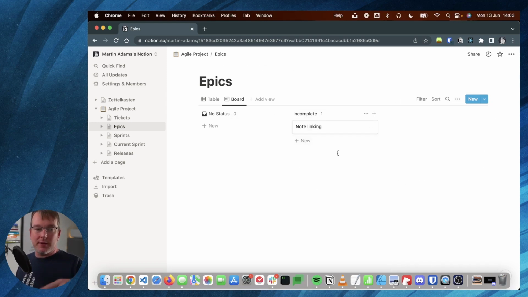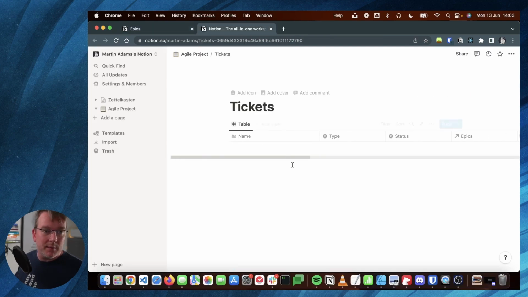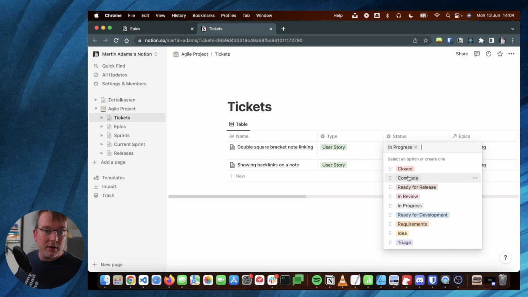It doesn't know about the complete one yet because I haven't got any in here, because the formula is generated, not like a list of tags or something. So I can't drag these because it's a formula. It will try to write to the formula, and it's like, no, it's read only because it's a formula. But I can control that via my tickets. So if I control command click, yeah, if I open that in a new tab, go into here, complete that,